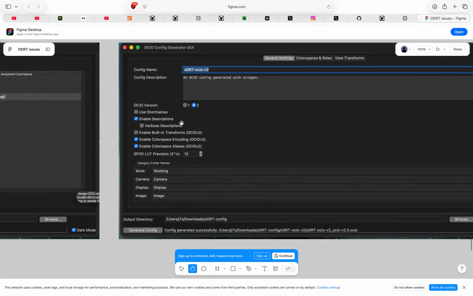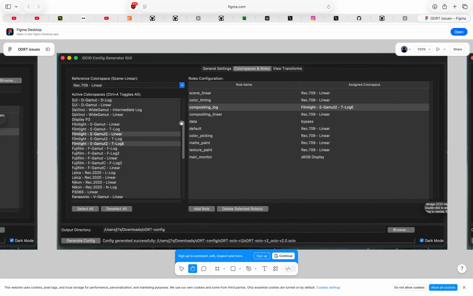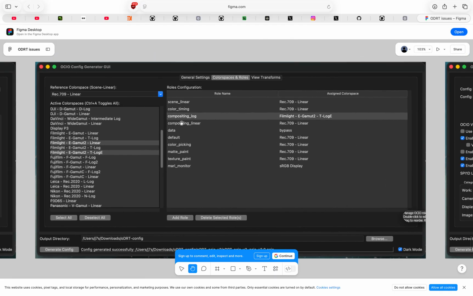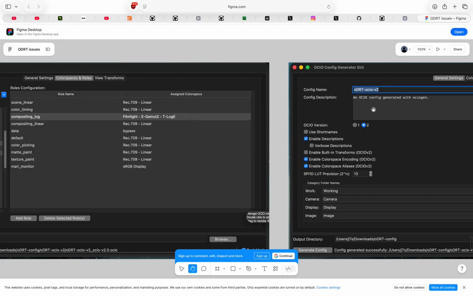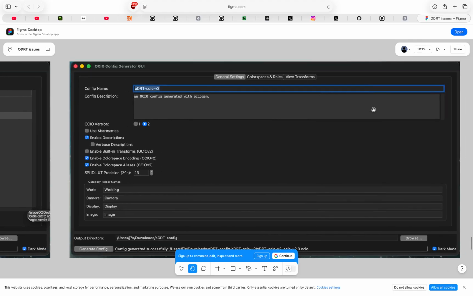Like, I'm being honest, I'm not really an expert in this, so I was just trying to do whatever, just to hopefully make it transfer. I need OCIO v2 for Houdini reasons, because I need to add a bunch of stuff myself, like rules and whatnot to it, because they've got a bit of a tech debt when it comes to